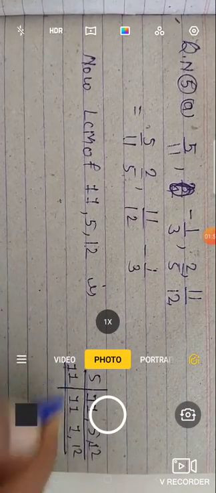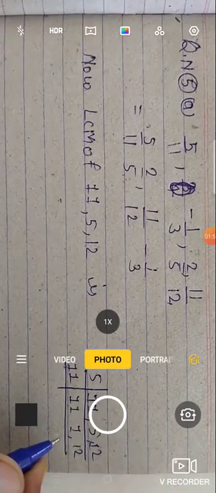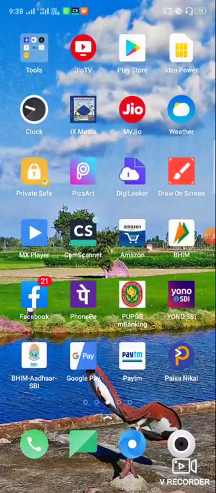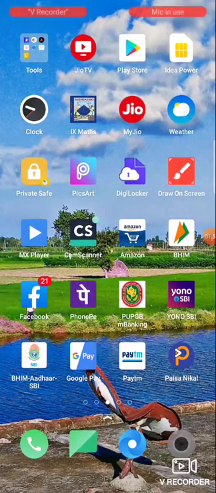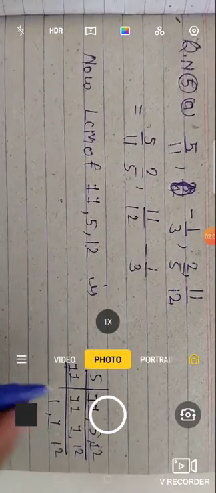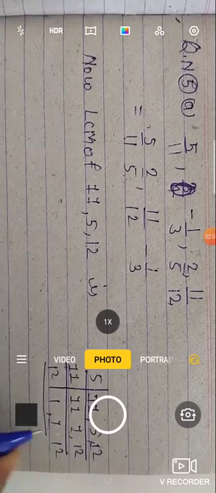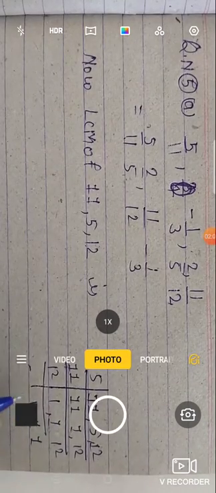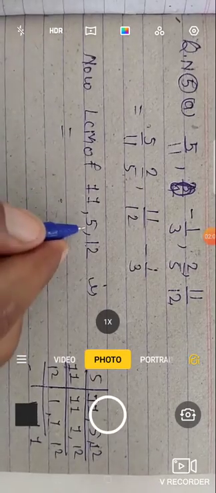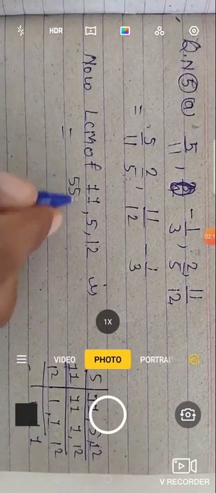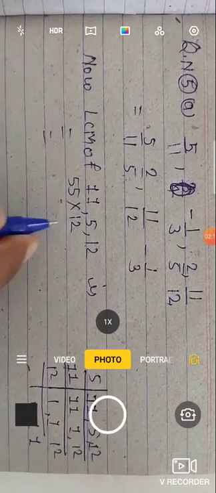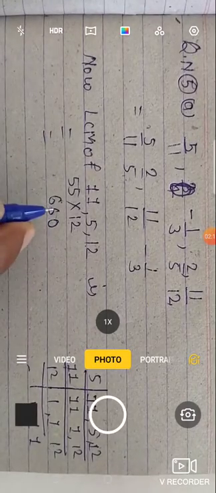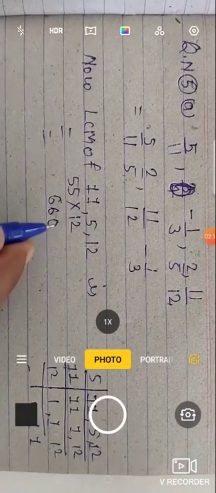Then 11 times 1 and 1 and 12. Then 12 times 1 and 1 and 1. So that is the LCM: multiply these three. 55 multiply 12. 12 fives are 60, 12 fives are 60 and 6, 66. So that is the LCM of these numbers,